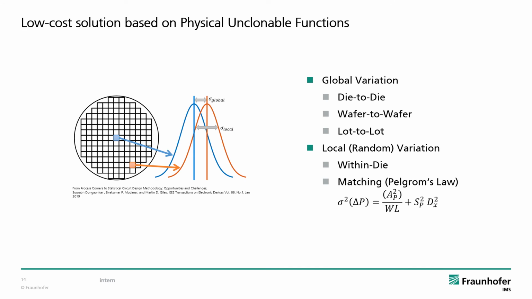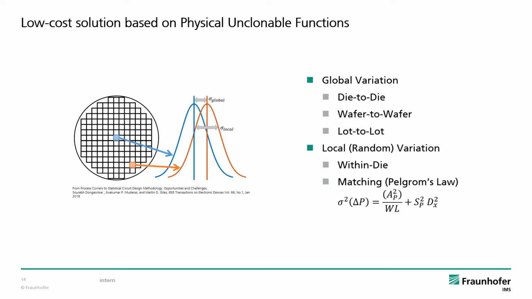For semiconductor-integrated physical unclonable functions, the very small variations in the manufacturing process are used as a random source. These variations can be divided into global and local variations. Global variations can be categorized into die-to-die, wafer-to-wafer, or lot-to-lot variations. They contain some random portion, but also very much likely have systematic differences.